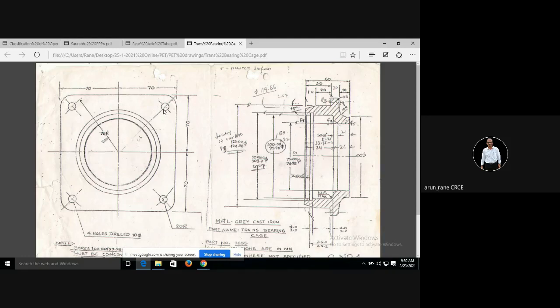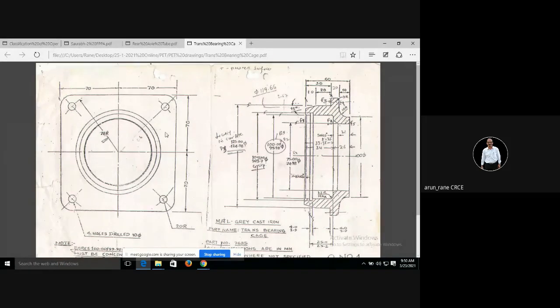That means you cannot do drilling before milling. So here the sequence of operation will be setup 1 from here, setup 2 from here. Afterwards you have to do milling. You have to mill at least one side, preferably two sides, but at least one side.